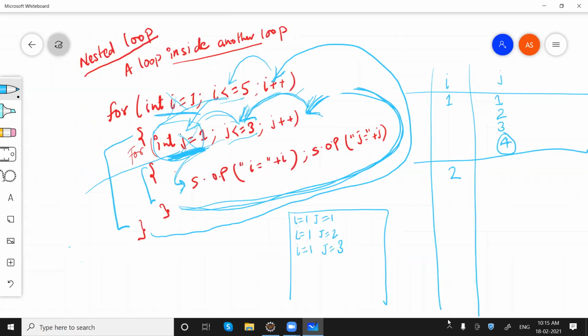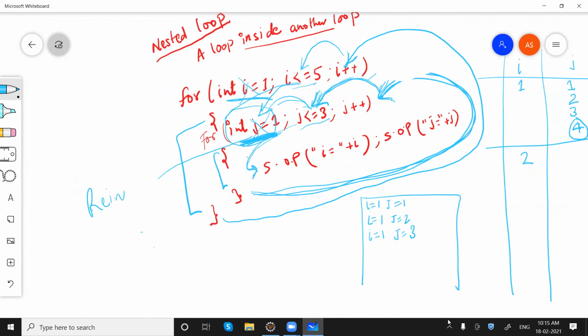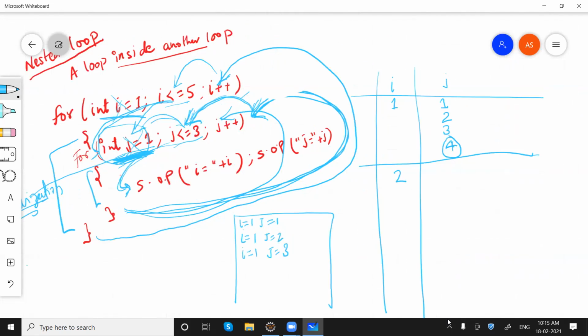This step will be called reinitialization, because we are coming to this step from the outer loop. If it were from here to here, then we don't really need to do this step again, but we are coming from outside. That means we need it. So when we say j = 1, j was 4, but it will become 1 because it is getting reinitialized. Make sense, guys?